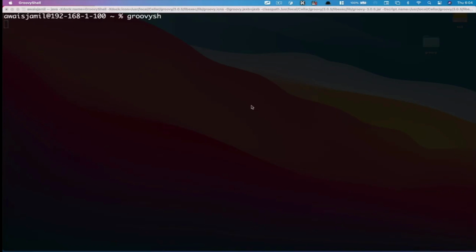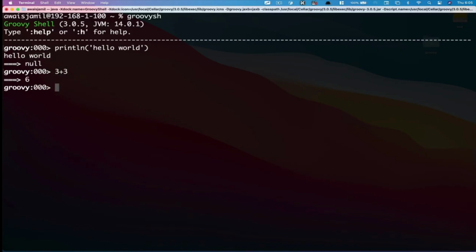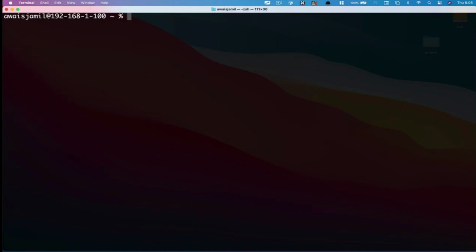Let's press enter and wait for the shell to come up, and then I'm going to try running that println keyword. So I'll type println hello world, enter, and you got this hello world. So if I do 3 plus 3, it's going to be 6. I can do 2 plus 2. It's like executing the numeric where we have addition. We can do 7 minus 2, which is like a subtract. And you can see in shell what code is getting executed on the fly. I'm going to press Ctrl C on terminal to get out from this Groovy shell.